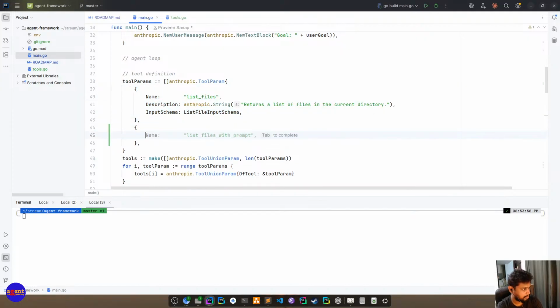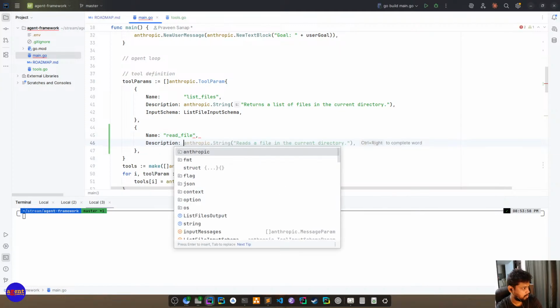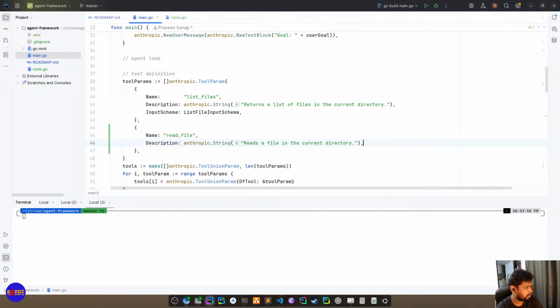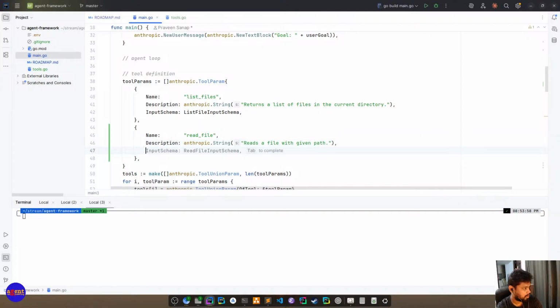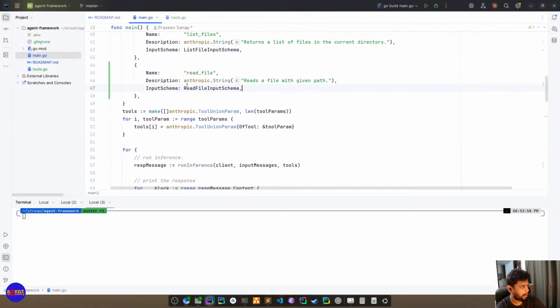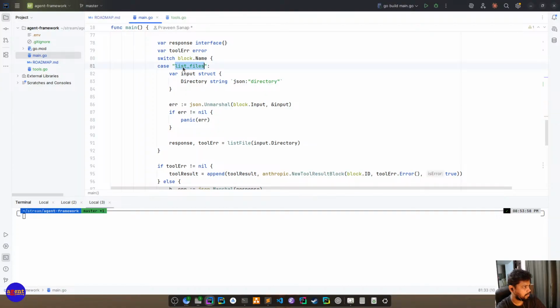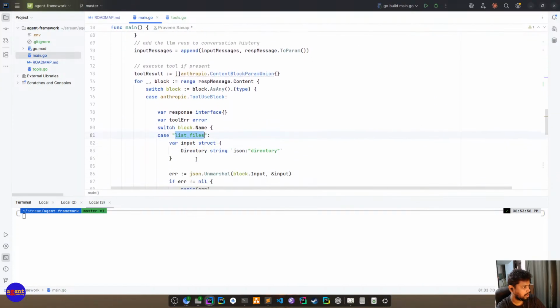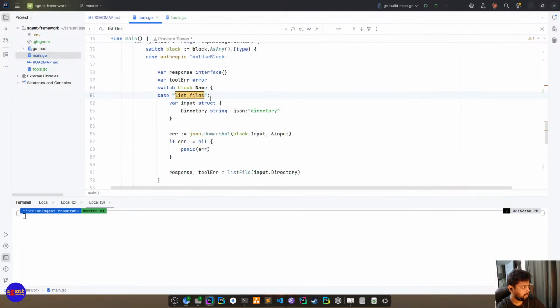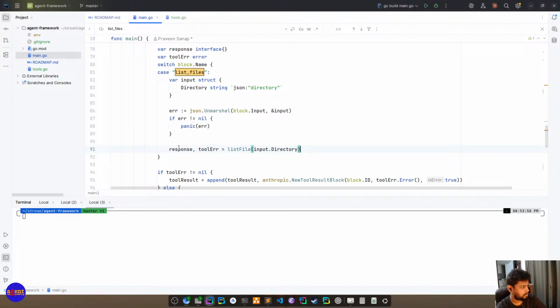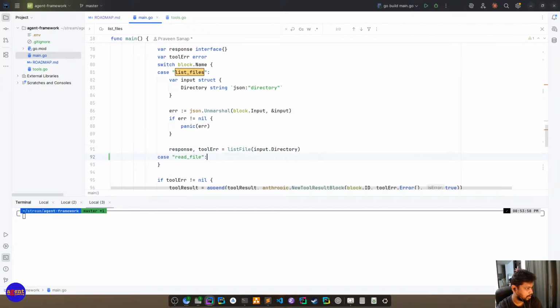Let's add another. This is the read file schema, and now what we have to do is switch on list files, and switch on read file as well.